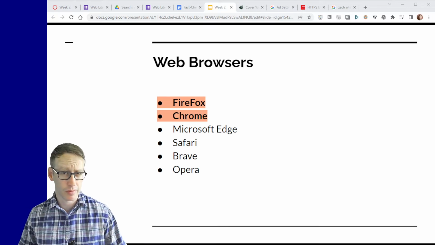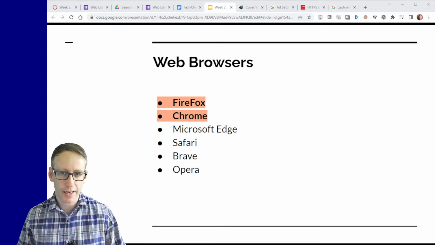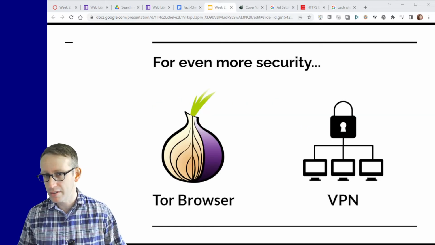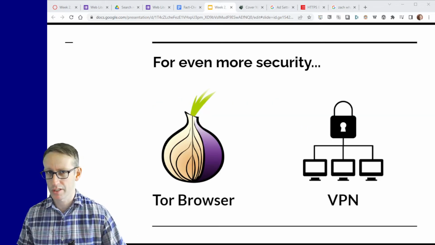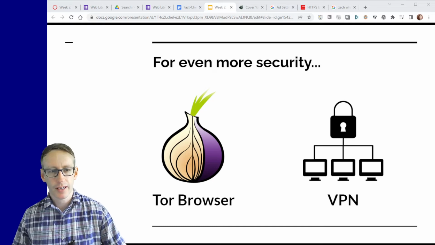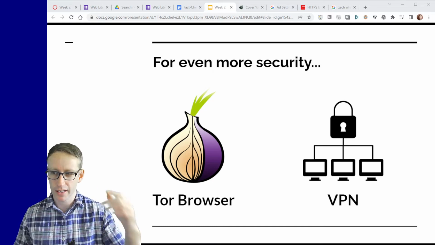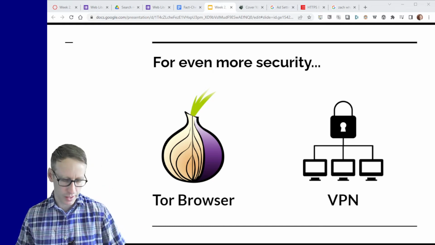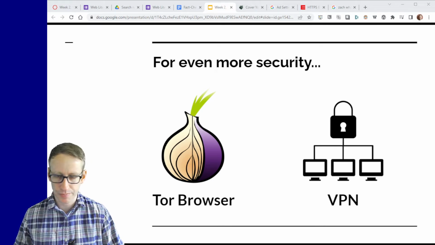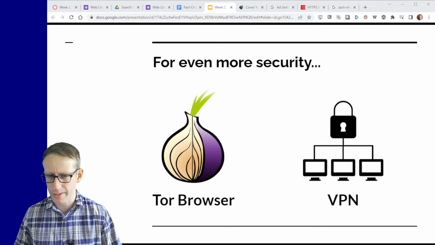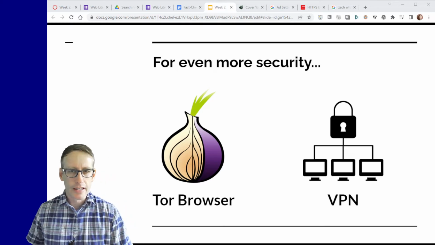So it's a regular web browser called Brave, and they have a Tor client built into Brave as an option. So you can open a Tor tab in Brave, and so you can very quickly get the Tor network up and running. Otherwise, it takes a lot of work to get onto a Tor browser. But the Brave browser makes that a bit easier if that's something you're interested in.